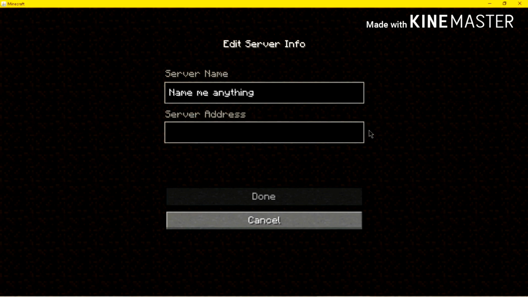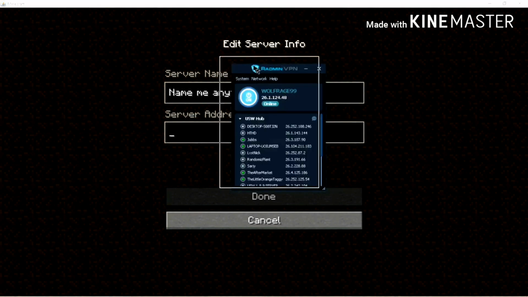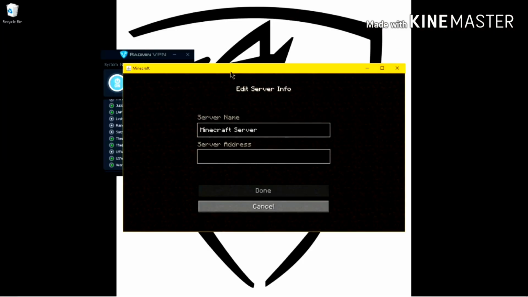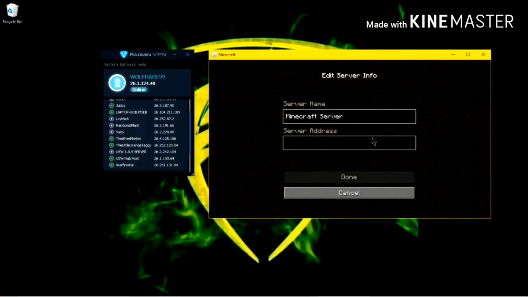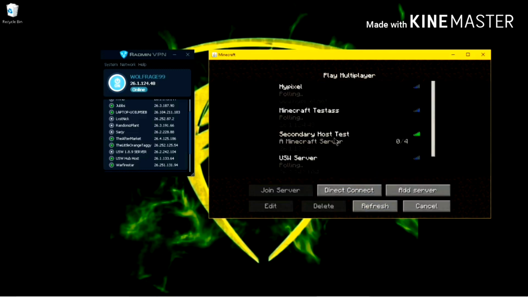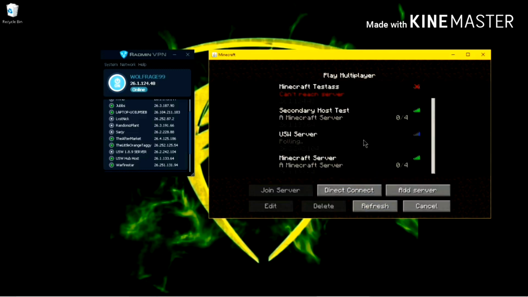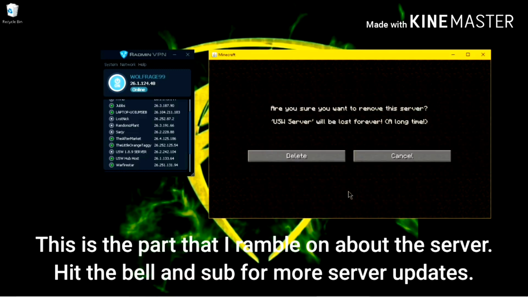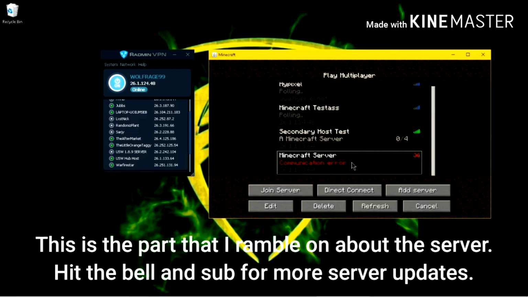Alright, and the server address, what you're going to want to type is the USWHub host, so it will be 26.1.133.64, and then you just click done, and you should be able to have a connection. Now there's multiple of these, but we can delete this, but there should be